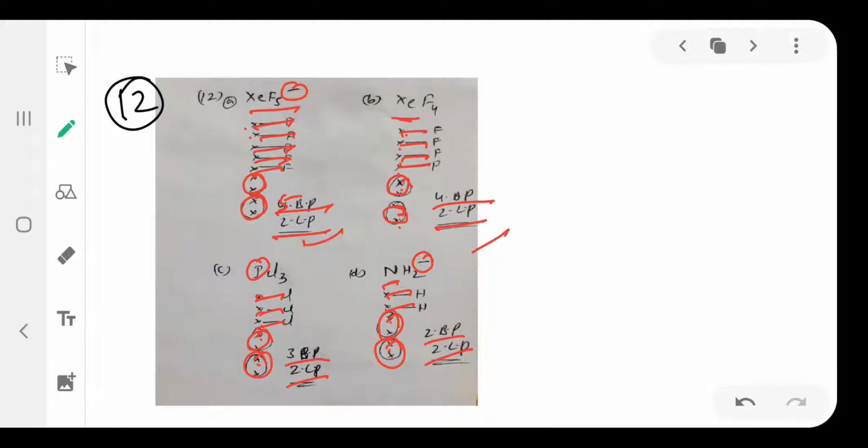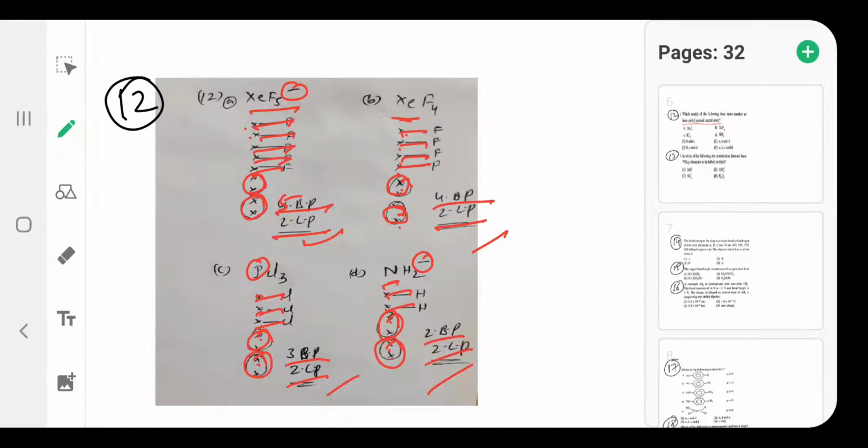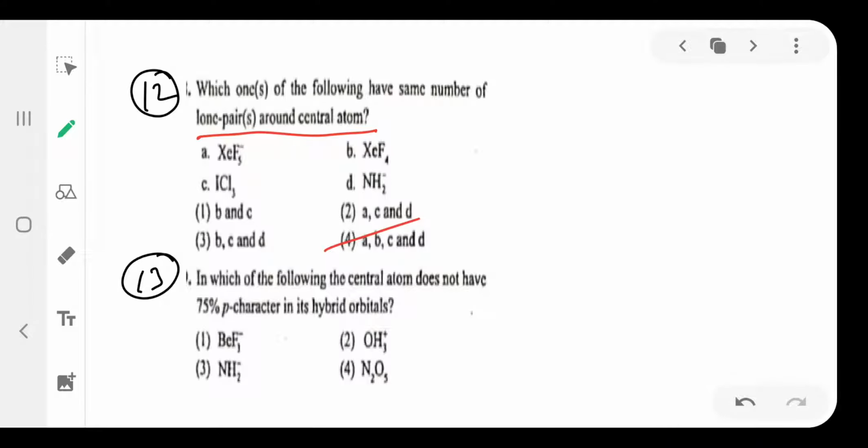Total: the first, second, and third compounds all contain the same lone pairs. So the option is: which of the following have the same number of lone pairs? All have 2 lone pairs. The option is 4. Next question: in which of the following does the central atom not have